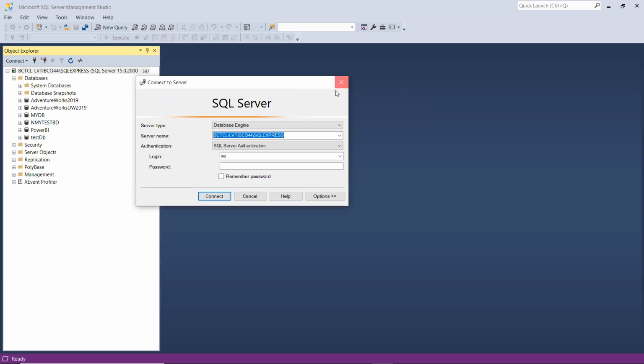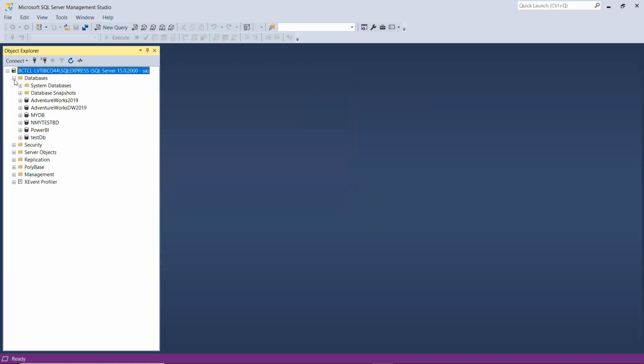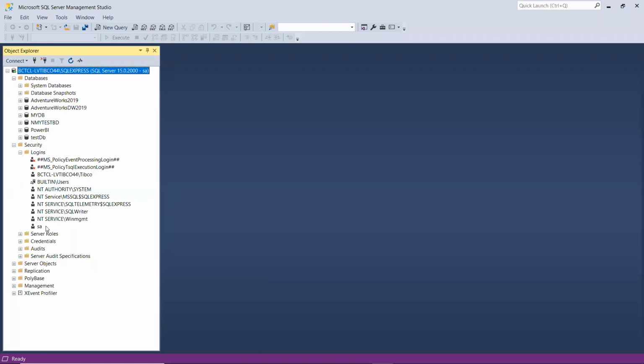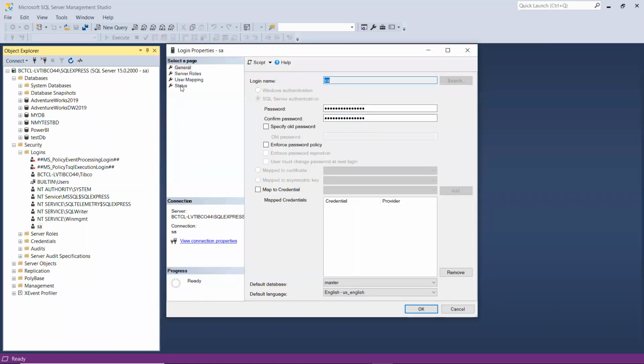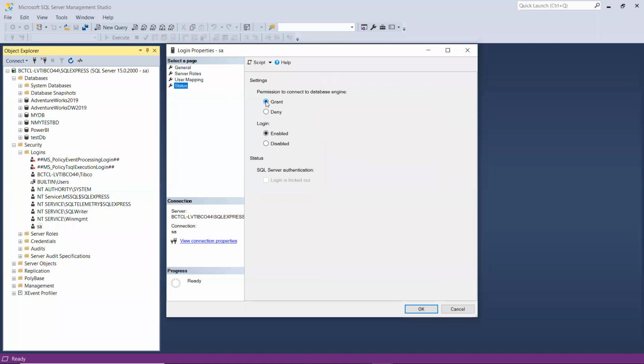Okay, so now let's see what we have. We have databases, and we have something called security. You may not need to know this, but just for the time being, whenever you have made a fresh installation, you might have to enable the SA user. For that, go to security, go to login, double click this one, and in the status, make it enable and grant the permission.